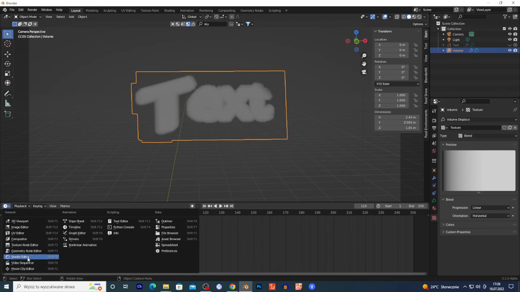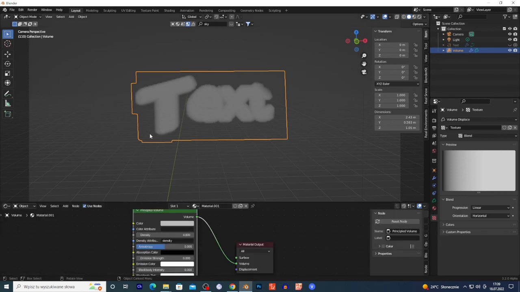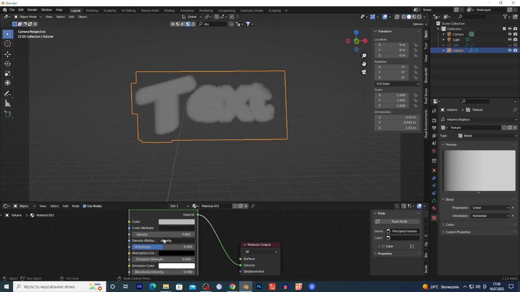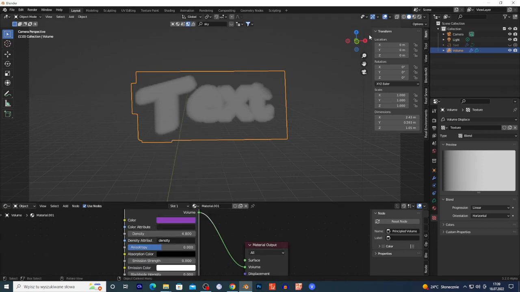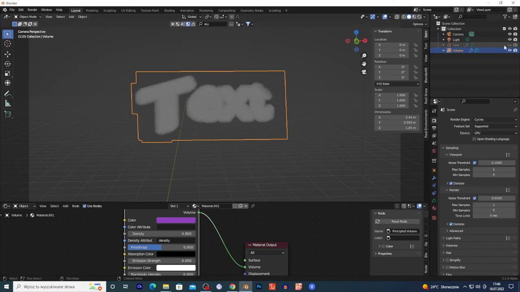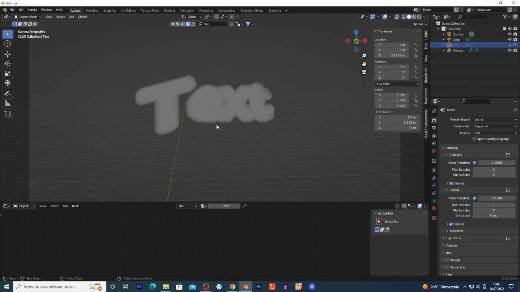And you want to go basically to the shader editor and select this volume, click new material, and play around on the density, on the color if you want. But you must see this in the render view right here on this icon, because right here I can't see the colors, because my PC is slow. I hope it's not lagging right now. So this is the idea, and basically you can add a build modifier to your text,